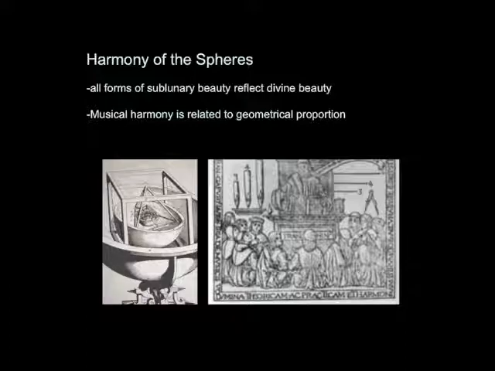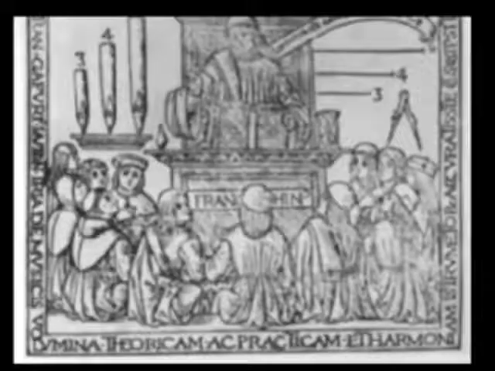So that there was something about the space between the orbits of different planets or the elements in the sky that was true macrocosmic reflection of a mathematical order. And that you could find microcosmic reflections of that kind of beautiful divine order in things like music. So this drawing shows you 3 flutes of different lengths. And the flutes of different lengths produce different sounds. And if you play all 3 flutes together, you get a harmony. And the suggestion would be that the harmony produced by flutes of different lengths was a microcosmic reflection of the harmony of the spheres, the divine proportioning of heavenly bodies up above.